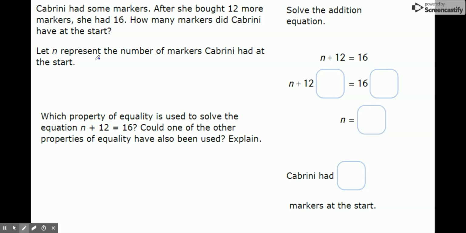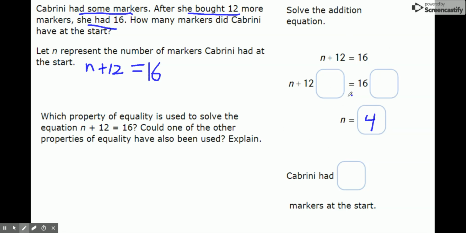So it says to let n represent the number of markers Cabrini had at the start. So you have n. That's some markers. After she bought 12 more, plus 12. She had 16, equals 16. Now, many of you might be like, oh, that has to be 4, so n equals 4. It's great. We can go ahead and write that over here, but let's make sure and kind of explain this